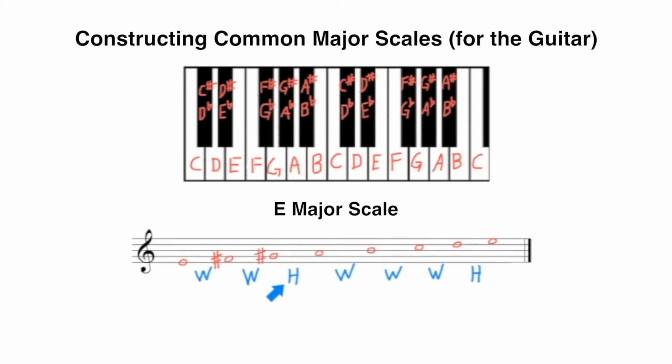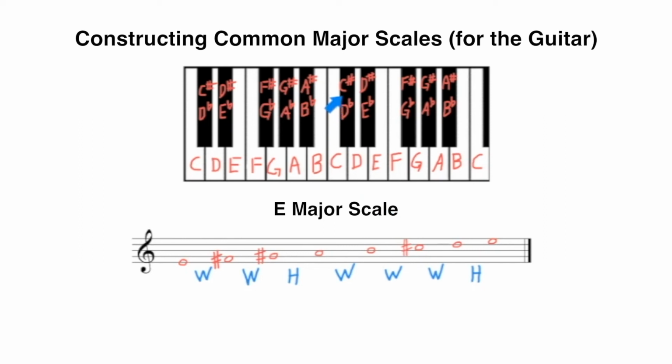Next, we need a half step. Starting on that G sharp, we can see that it's a half step up to A. A is the next closest key. A to B, we need a whole step, and that's what we have with the black key in between, creating two half steps. From B to C, we need a whole step, but B to C is a half step with no black key in between. So we're going to raise that C up to a C sharp to create that whole step from B to C sharp.